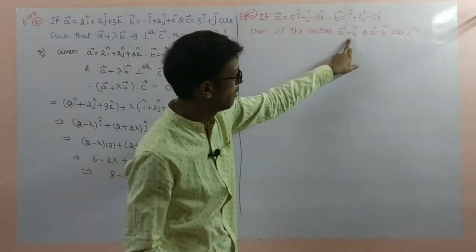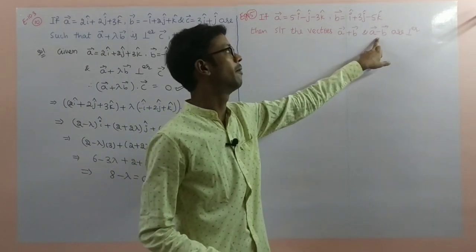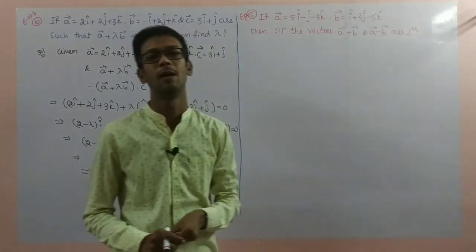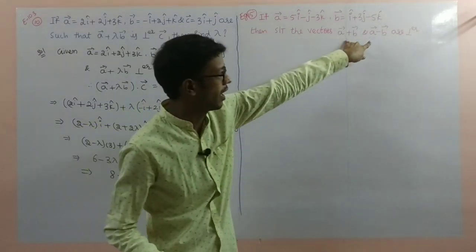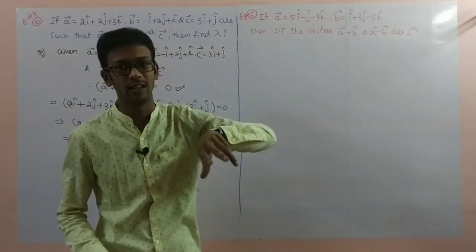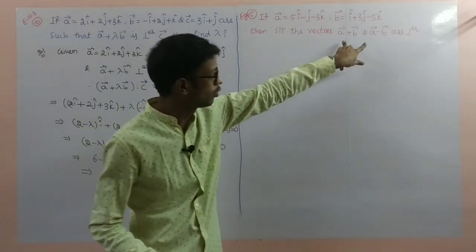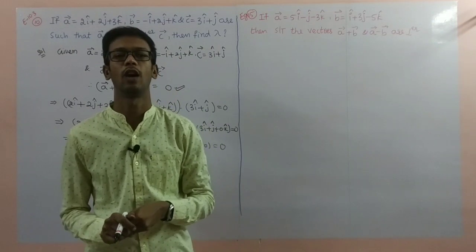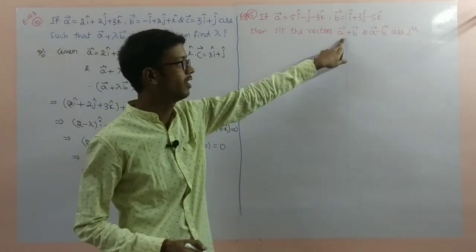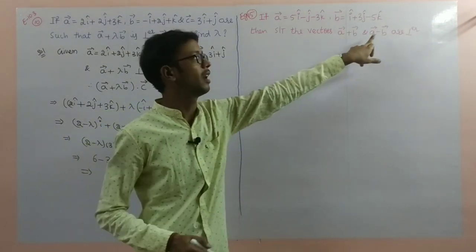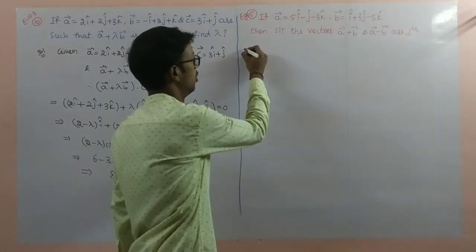Show that A bar plus B bar and A bar minus B bar are perpendicular. The addition of two vectors is a vector, and the subtraction of two vectors is a vector. We have to show that these two vectors are perpendicular. First of all, find A bar plus B bar and A bar minus B bar. Solution is